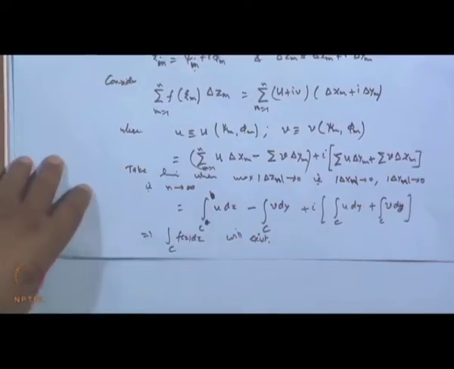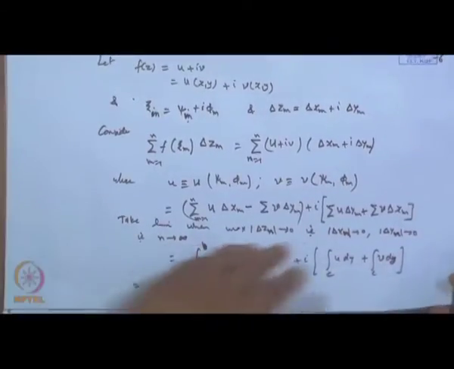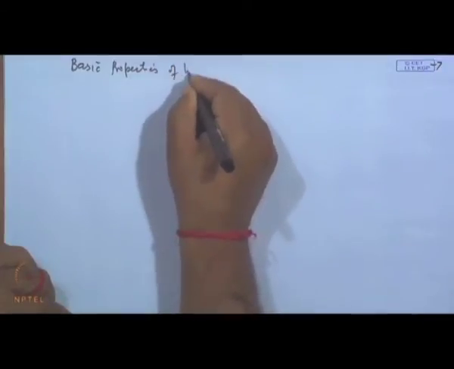Clear? Now, there are certain properties which this line integral enjoys, as we have in the case of a real variable. Like definite integrals, the sum of two definite integrals is the integral of the sum, and a constant times a function's integral is the constant times the integral of f dx, and like this. Similarly, there are a few basic properties of line integral,